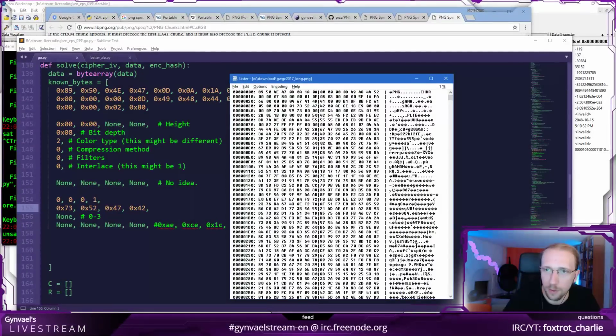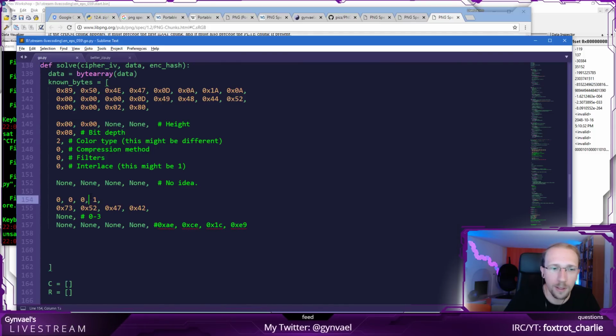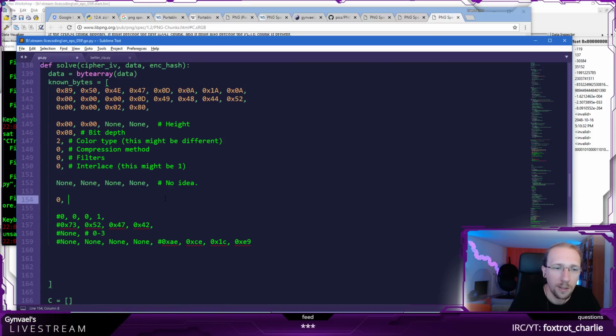Let's see if I made a typo. So it's 73, 52, 47, 42. So we know that this is not this one. Maybe gamma. Let's try with gamma. So gamma is the size of 4. So I'm going to comment this out. This might come in handy later after all.